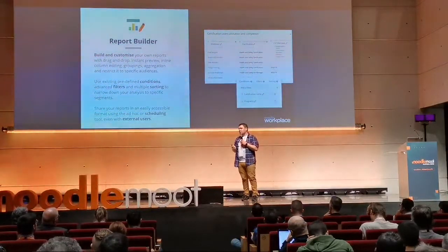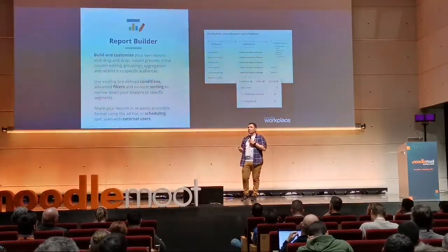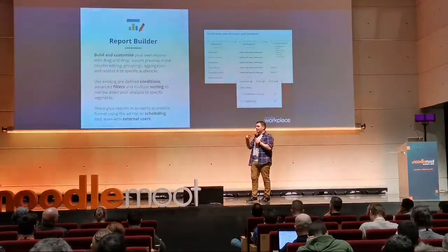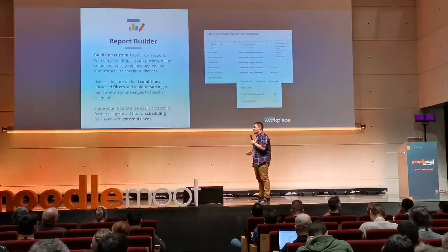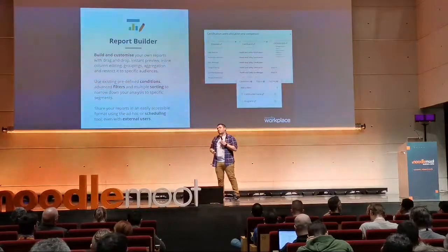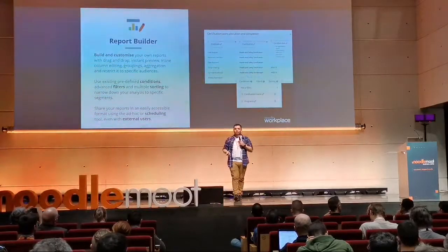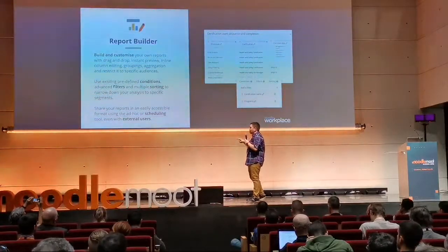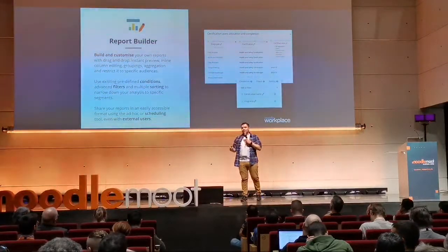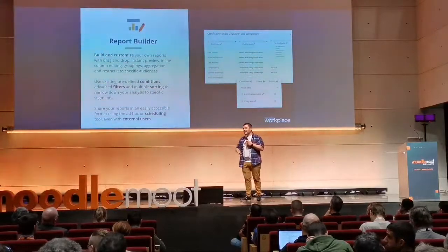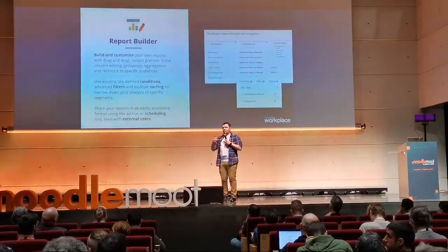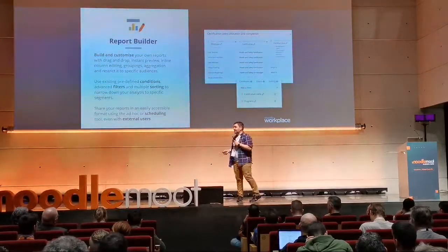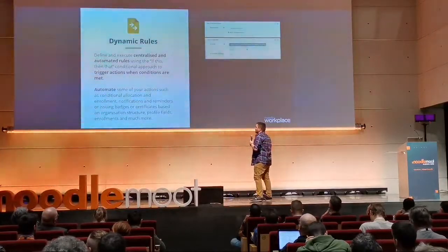And the admins will be able to customize pretty soon any listing. So if you have the program listing for your users, you will be able to just add or remove columns and even change the conditions or whatever. So it's extremely powerful, and it's deeply integrated in all WordPress features. And it allows also scheduling. So you can just send reports to your managers every week to report on the program certification completion for their teams automatically, even for external users.